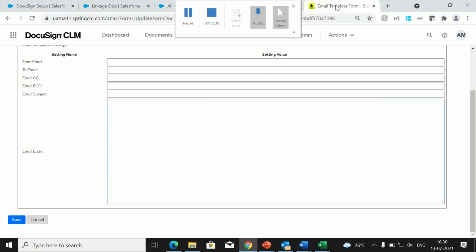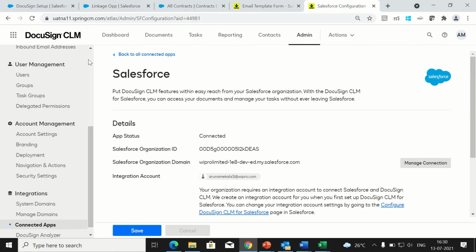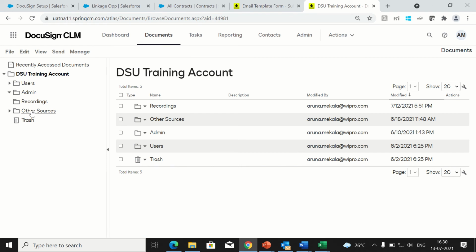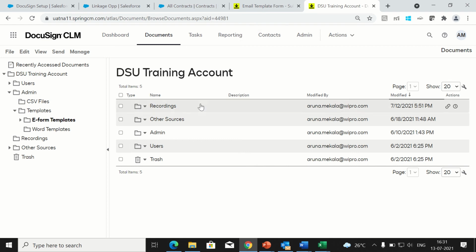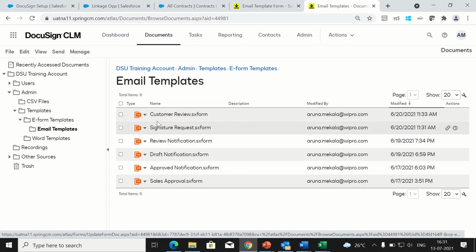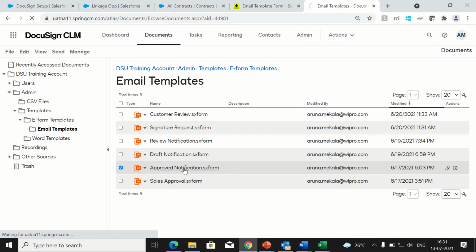Sorry. Okay, here I just wanted to show one of the e-forms, which will be used as the subject and body fields for each email. So we can show this approved notification.